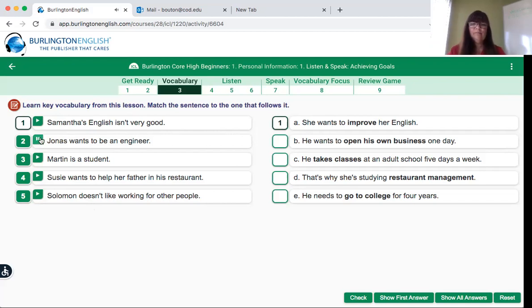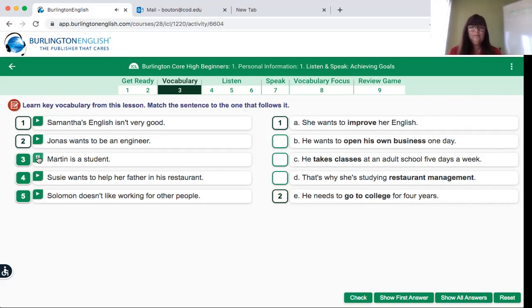Jonas wants to be an engineer. He needs to go to college for 4 years. That goes down here. And again, you can see in bold the vocabulary focus. Improve, open his own business, takes classes, restaurant management, go to college.